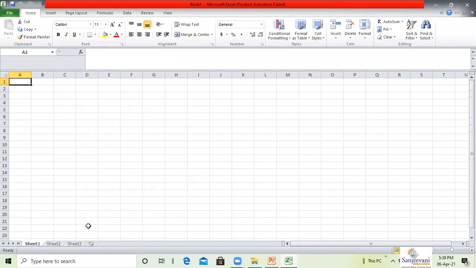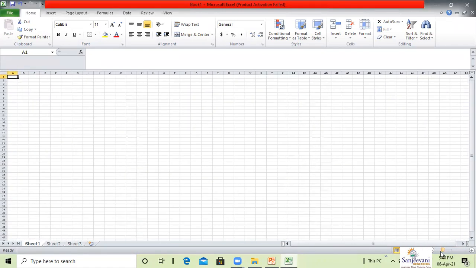Now we are going to learn the components of the Excel window. On the top left corner, you have the quick access toolbar. You have the title bar, where you can see the name of your document. You have the ribbon, where you have the tabs and the tools for performing operations in Microsoft Excel. Then you have the status bar at the bottom, which shows you the different views in Excel, and the zoom slider too. You can zoom in your page or zoom out like this.